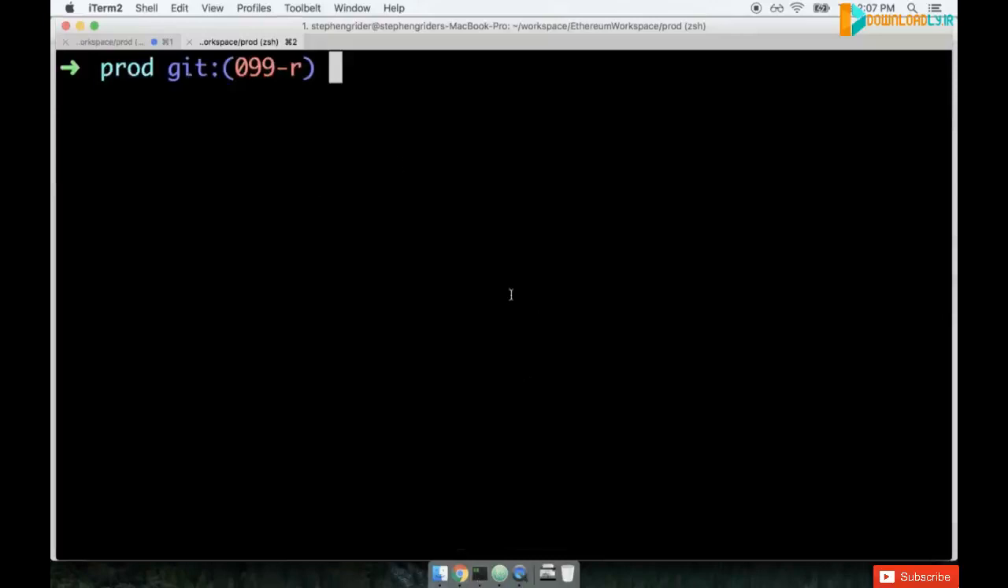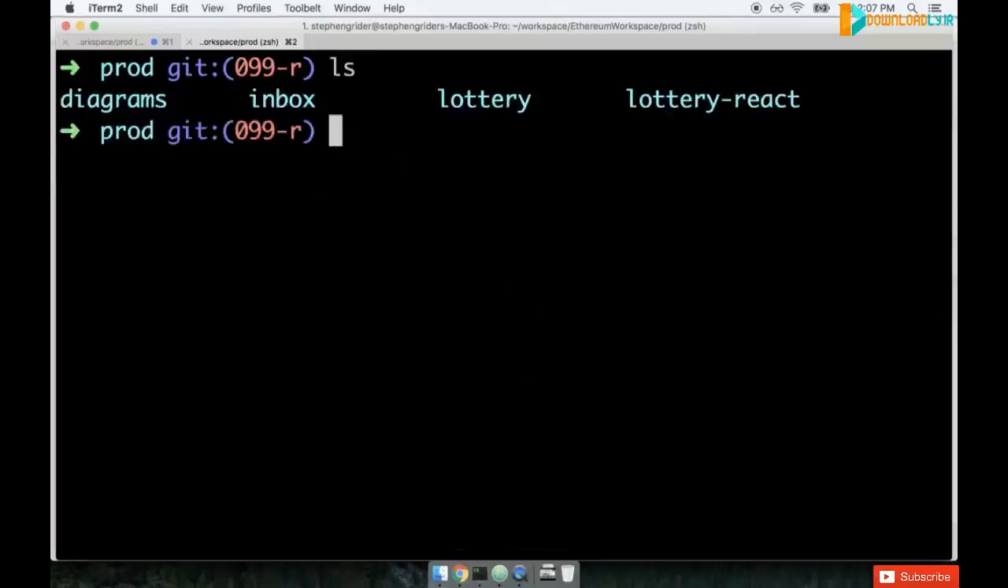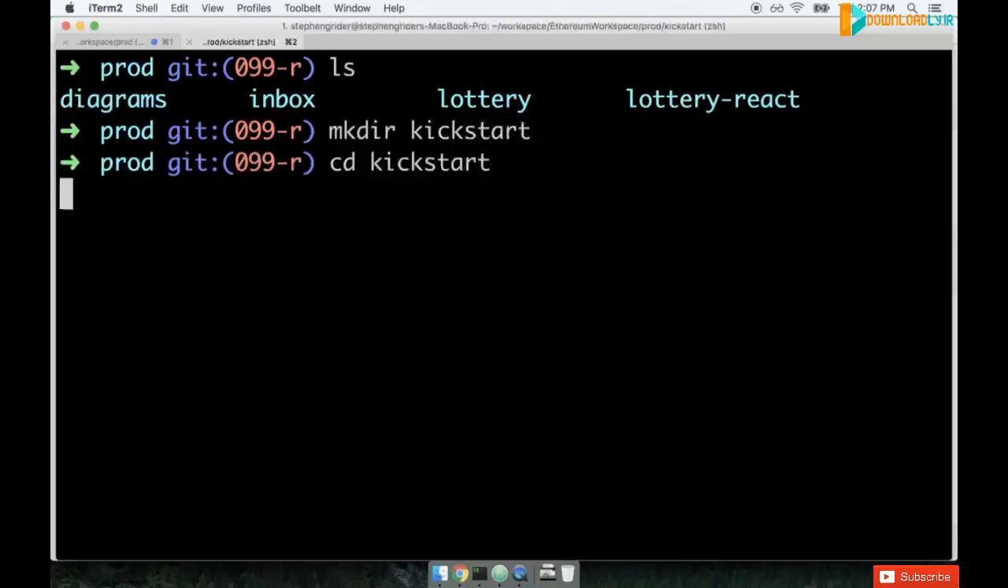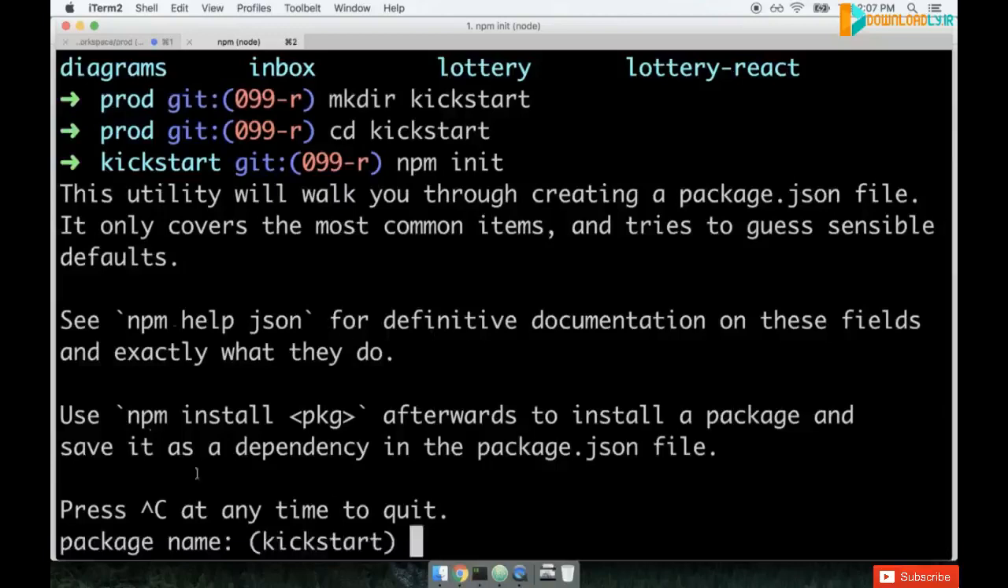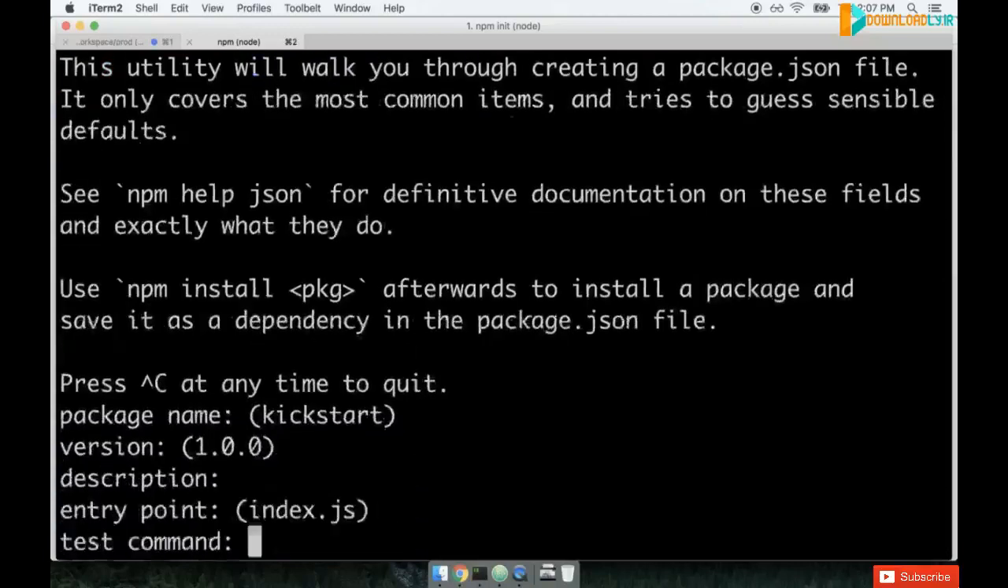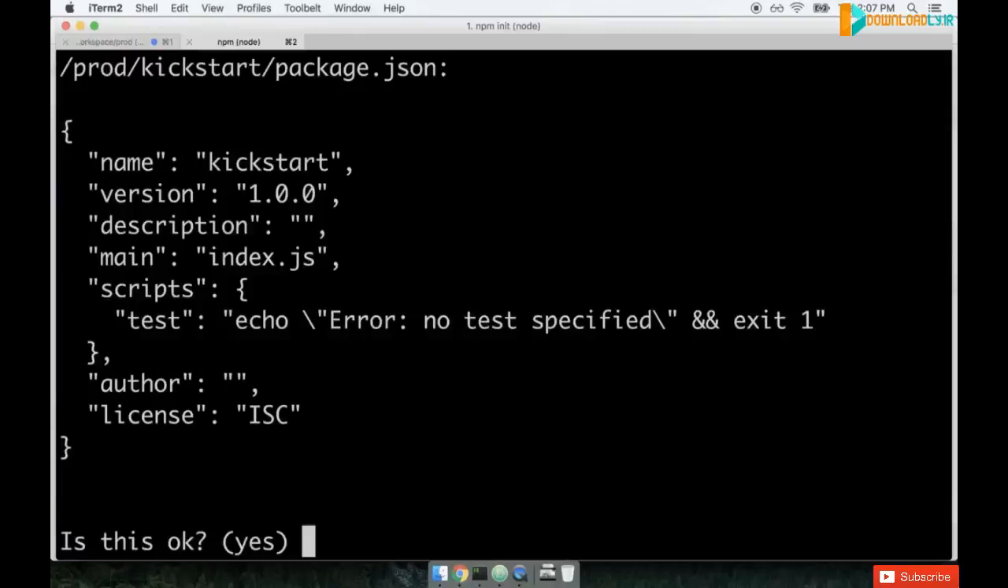Over at my command line, I'm going to make a new project directory. So here are some of the other projects we've worked on up to this point. I'm going to make a new project directory and I'm going to call it Kickstart. I'll then change into that directory and then I will generate my package.json file by running the npm init command. As usual, we're going to hit enter a whole bunch and eventually get dumped back at the command line, like